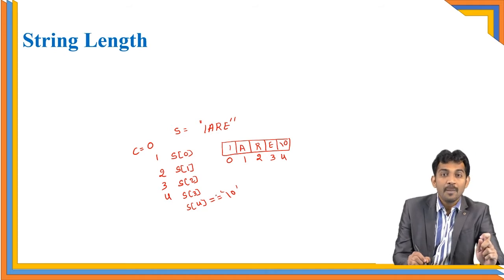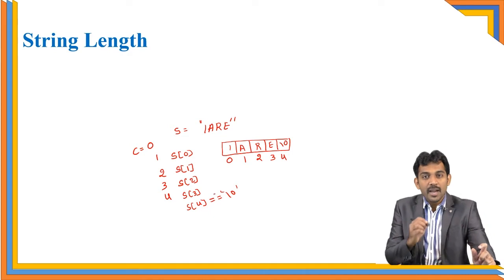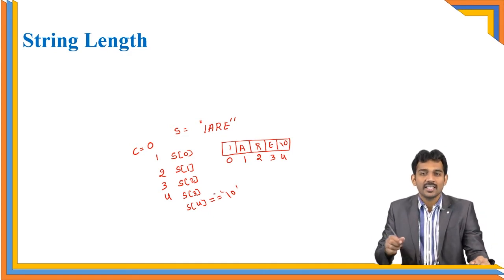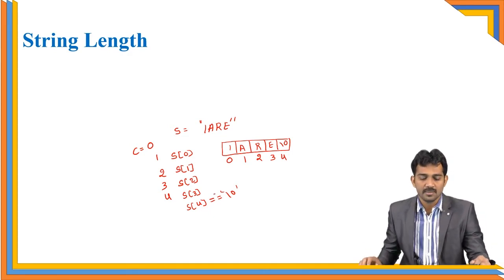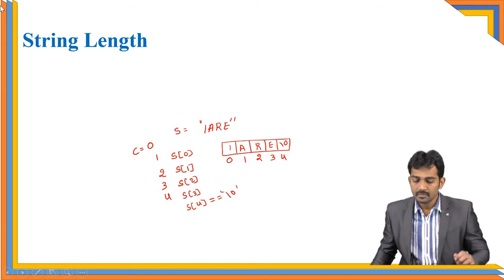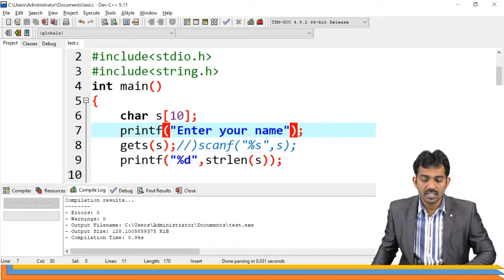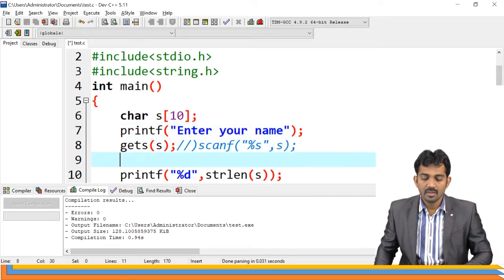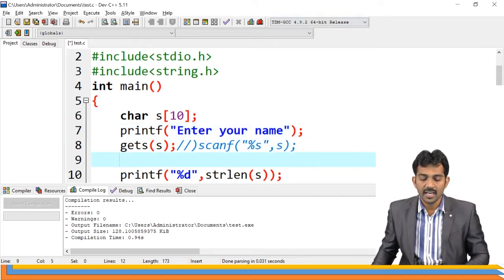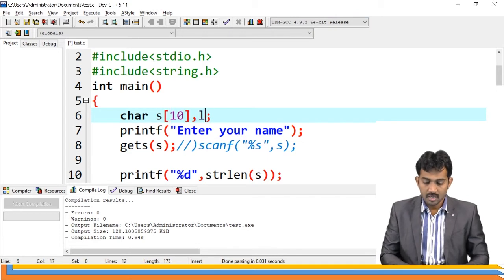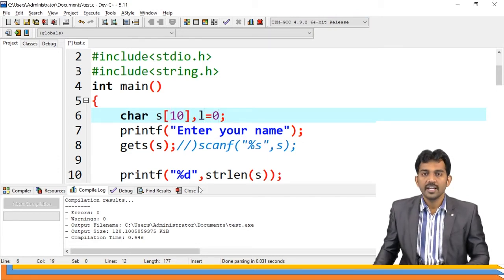Here, I am going to concentrate on the null character. I am going to repeat my loop until getting the null character. See how I write the code for this process. Instead of using this string, I take L as a variable, L equal to 0 initially.